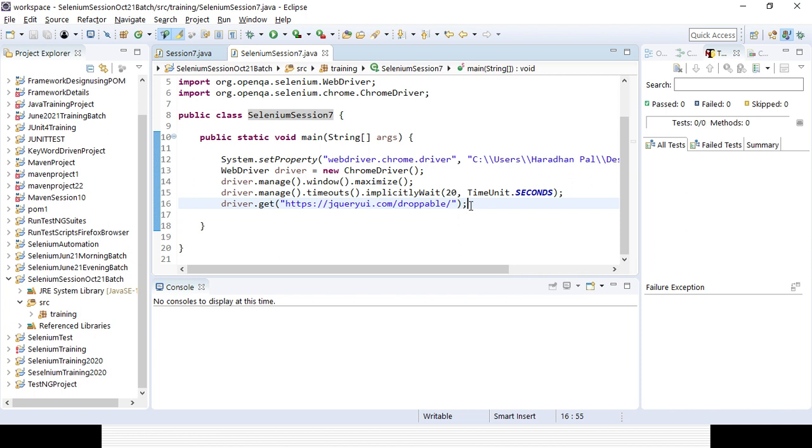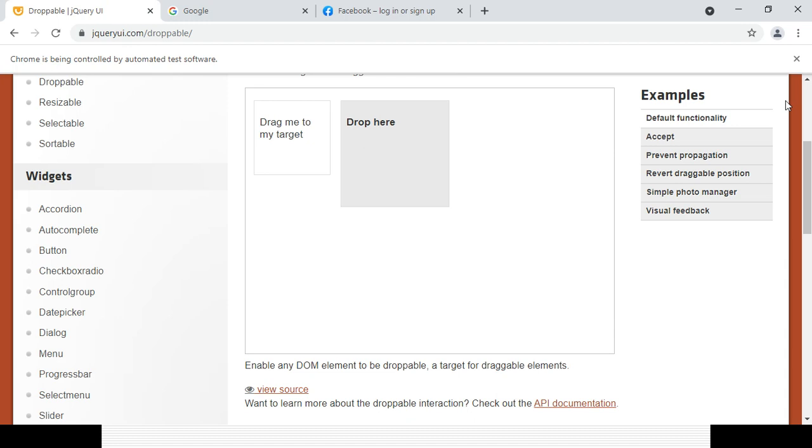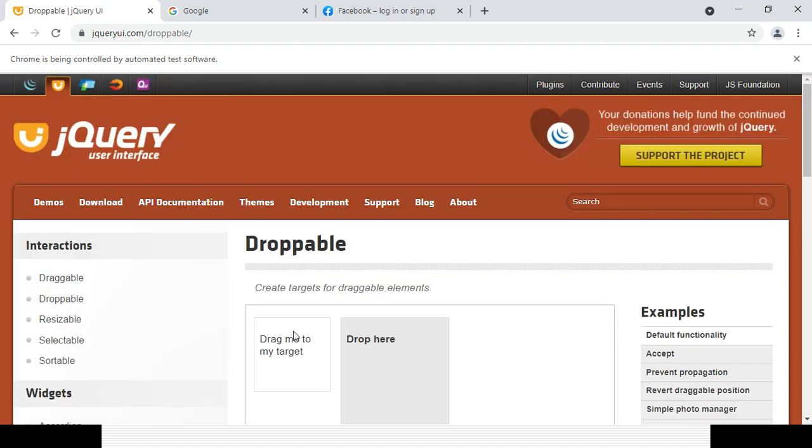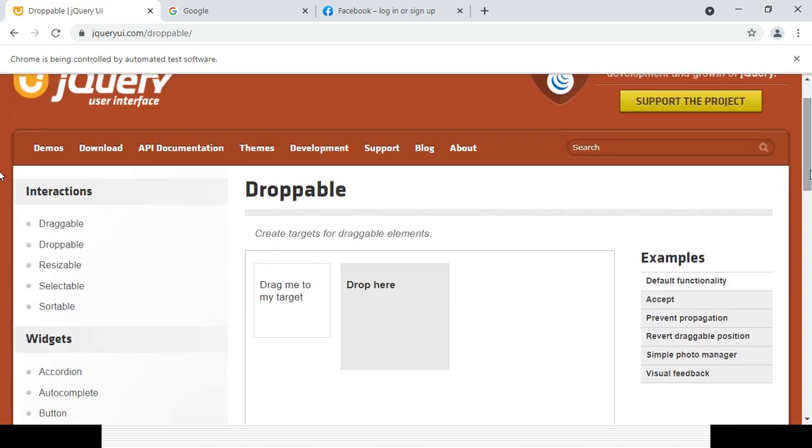Then after that, suppose I want to drag and drop, then what problem will happen? There are so many problems. The first thing is that if you open the web page, immediately that option is sometimes not available if you want to click it. You already saw in my last class how we can scroll down a little bit of the page. Here I need to scroll down vertically, otherwise this will not work. So let's try to do all the stuff.